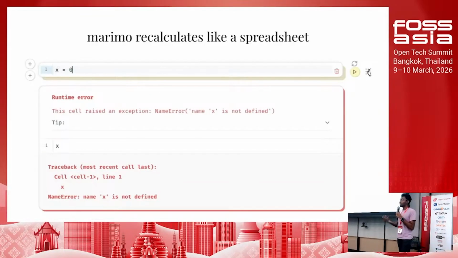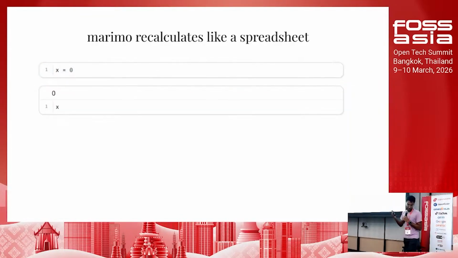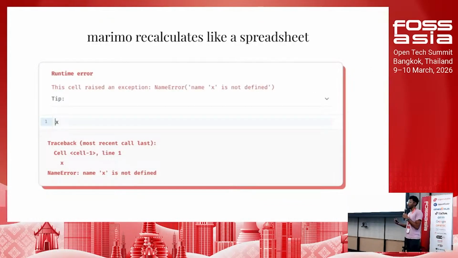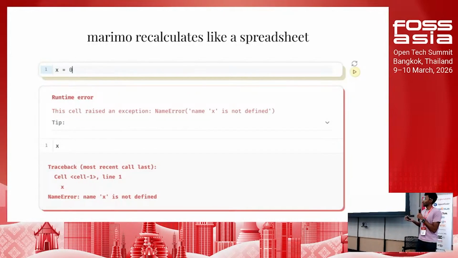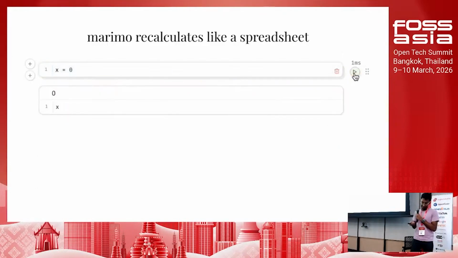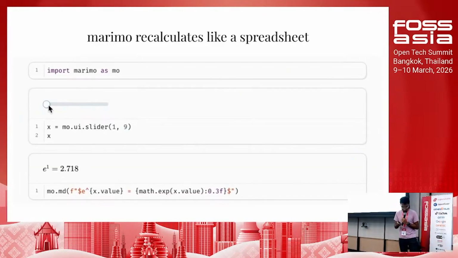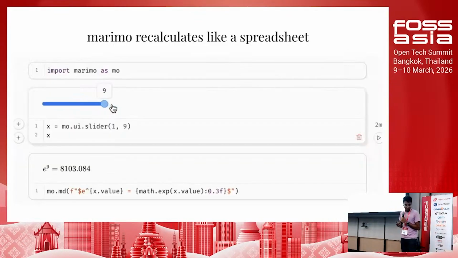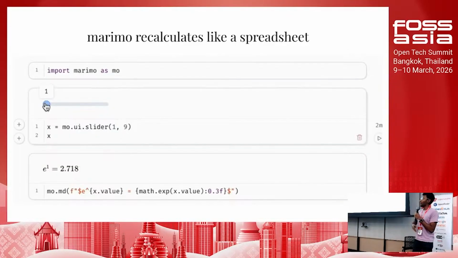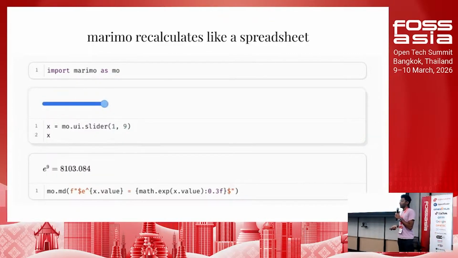Naturally, there are some constraints that need to apply. So if I deleted x here, we throw an error to the user that your notebook has something wrong with it, x is no longer defined, and you need to fix it. Okay. So taking the step further, I could add a UI element like a slider, move it around, and it affects the markdown cell at the bottom.